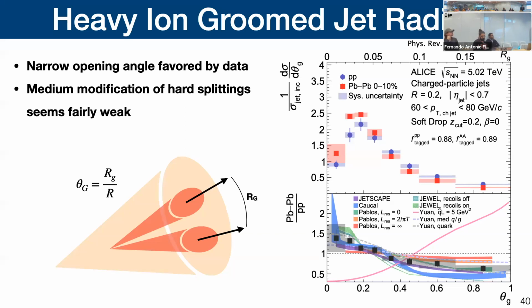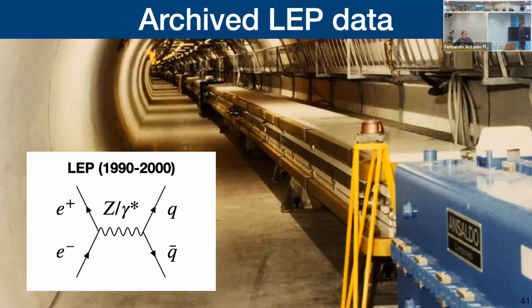And in fact, we concluded there is a way. You can look at a system where you just have two individual quarks in the initial state going off in separate directions. It's a very simple system, just two quarks, and you can try to analyze what the dynamics of that would be. To do this, you need to look at electron-positron collisions. The electron and the positron annihilate into a virtual photon or Z and make this pair of quarks, which is one of the simplest QCD systems you can make. The problem is that if you want to do this at a relatively high energy, nowadays you can't, because the max energy of electron-positron colliders is maybe 10 GeV or a little bit higher.